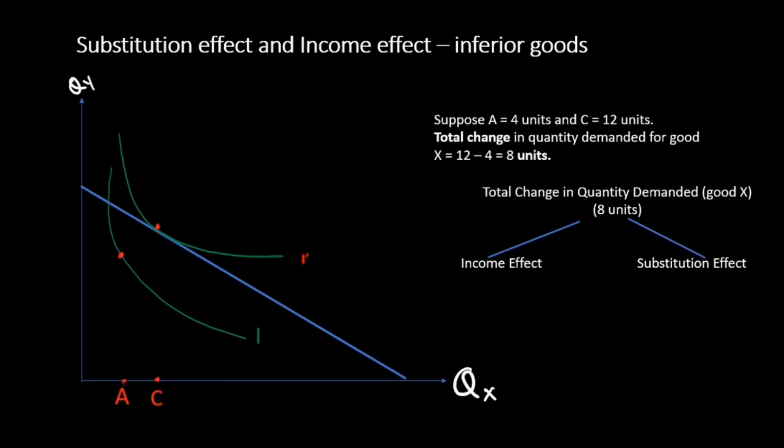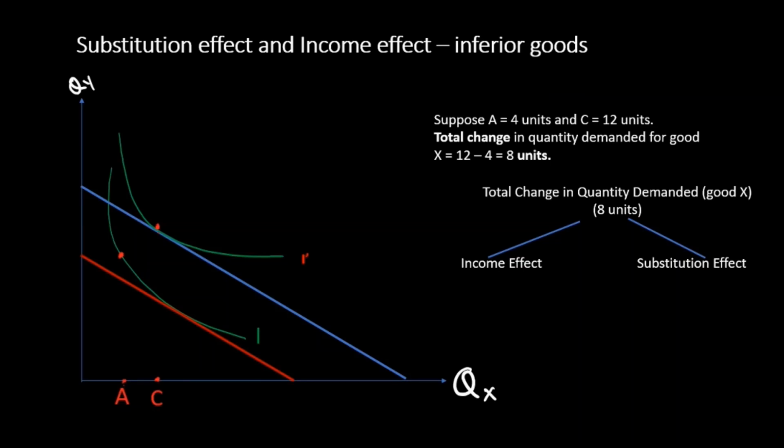Now there is a small change here. Income effect will actually bring down the consumption of good X. Why? Because good X is an inferior good. So for inferior goods, when income increases, the quantity demanded decreases. So let's start with substitution effect. In order to get that, I have to draw a line which is exactly parallel to my new budget line, but which is on my original indifference curve, because a higher indifference curve indicates higher income.